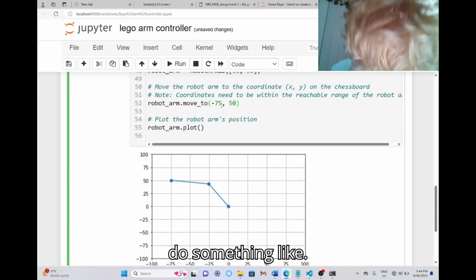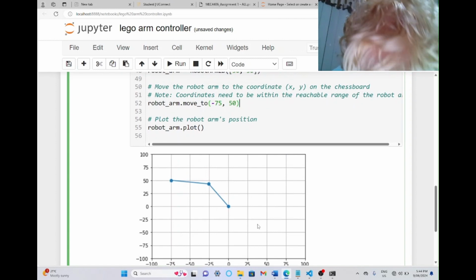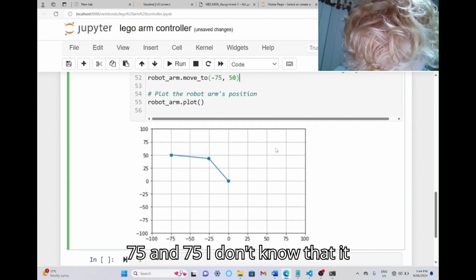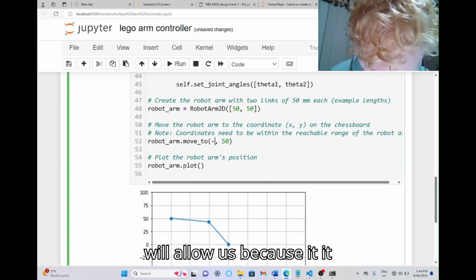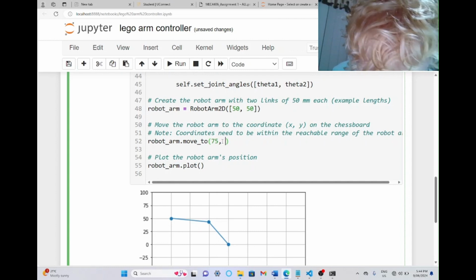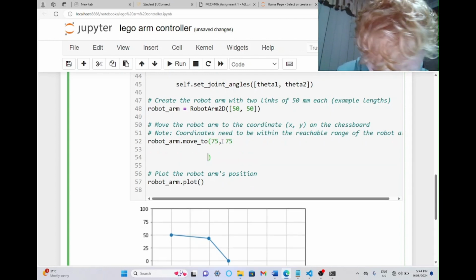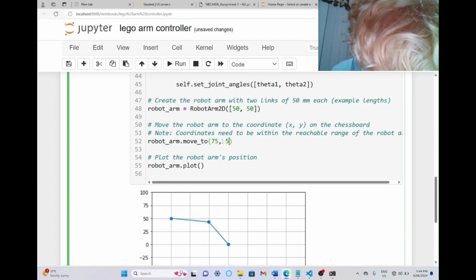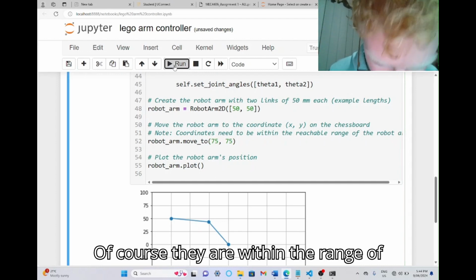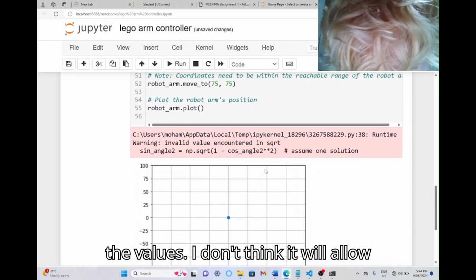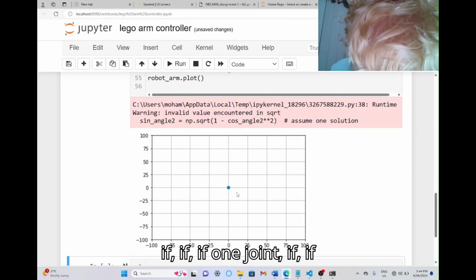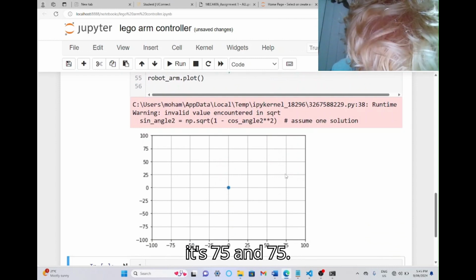Let's say we want to do something like, let's say, 75 and 75. I don't know if it will allow us, because I think it should allow us, because they are within the range of the values. Yeah, I don't think it will allow us, because it's not within the range, because if one joint is 75 and 75,